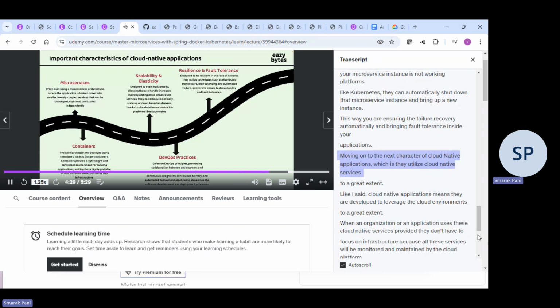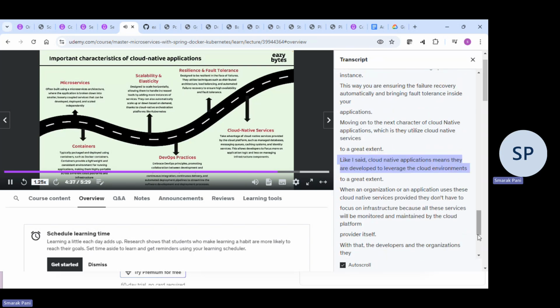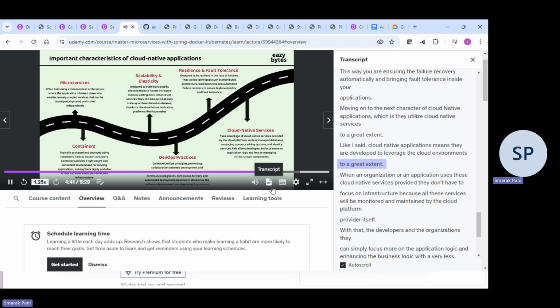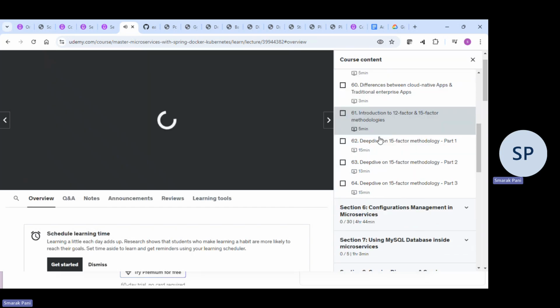Moving on to the next characteristic of cloud native applications, which is that they utilize cloud native services to a great extent. Like I said, cloud native applications are developed to leverage the cloud environments to a great extent. When an organization or an application uses these cloud native services,